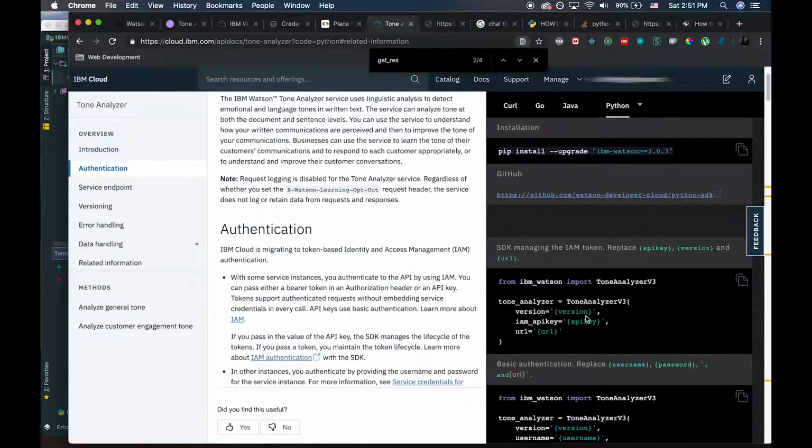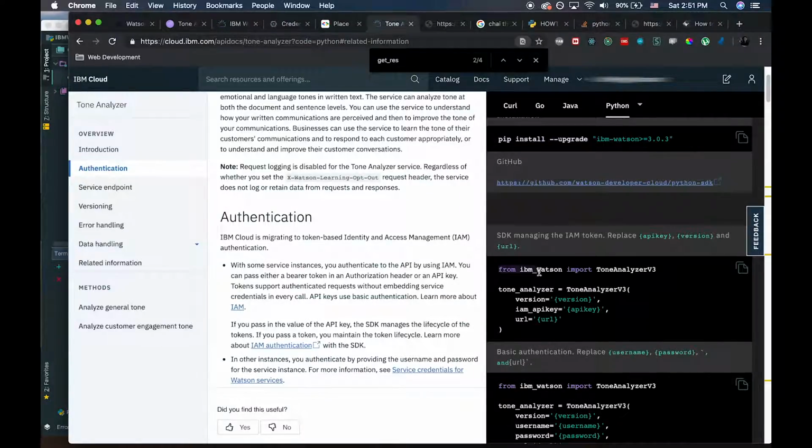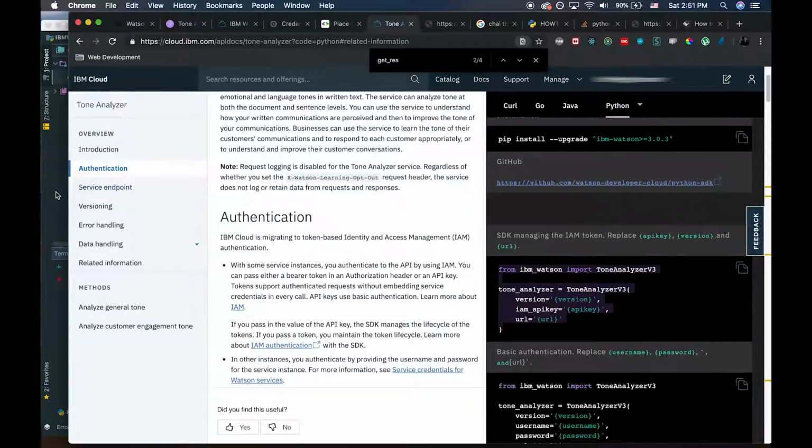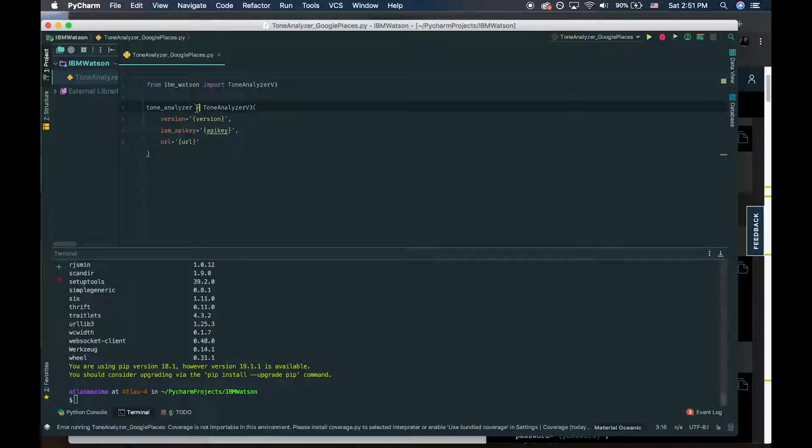The second thing that we would need to do is get this and copy it into this file here. So what this does is it imports the Tone Analyzer version 3 from IBM Watson. And IBM Watson came from our pip installation. And this is just creating an instance, which we named tone_analyzer, from this class, it seems like. And by the way, these are strings, so these are static right now,